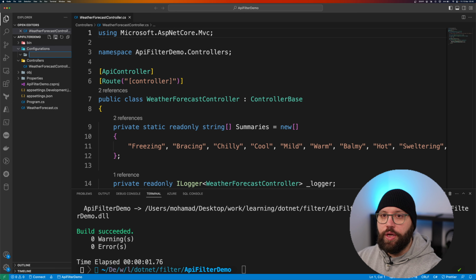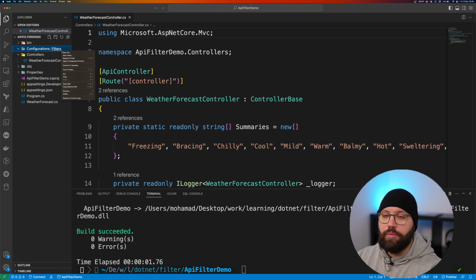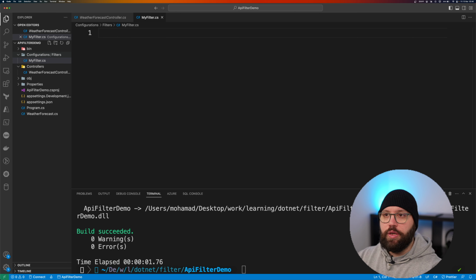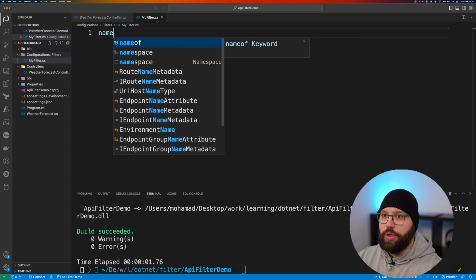And inside the configuration folder, I'm gonna create another one, which we're gonna call filters. And then inside the filters folder, I'm gonna be creating my first filter. And my first filter is gonna be pretty straightforward. All I'm gonna be calling it is MyFilter.cs. Pretty straightforward. Now, first of all, we need to put our namespace,